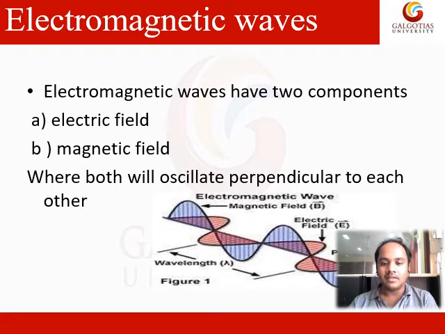So you can see here there's a picture which is given in this slide. One wave which is going horizontally and the other wave which is going vertically. Okay, so it's a three-dimensional picture which we can understand by seeing it. One wave which is going vertically and the other wave which is going horizontally, or one wave which is going on an x-axis and the other wave which is going on a y-axis. So we have a 3D video to understand this specific electromagnetic wave clearly. We'll be seeing that now.